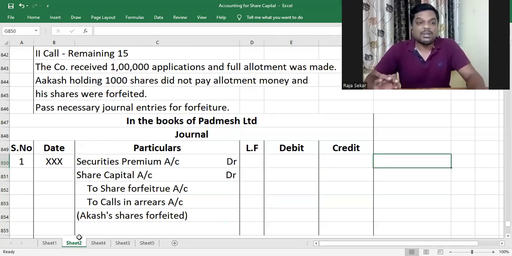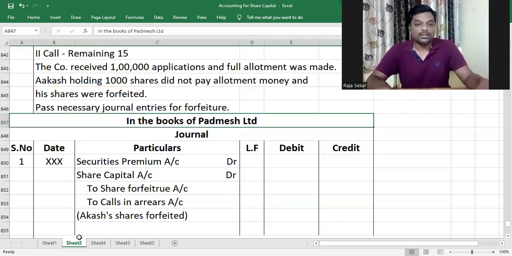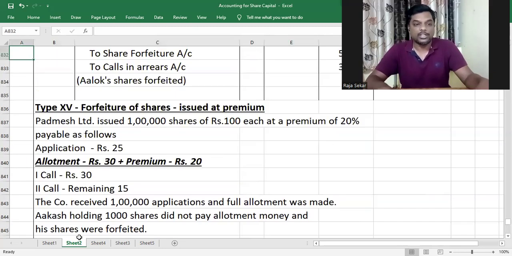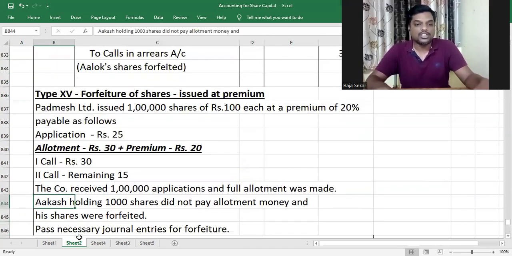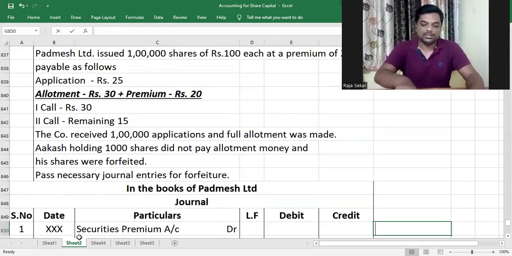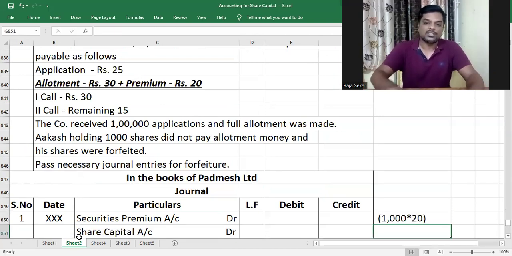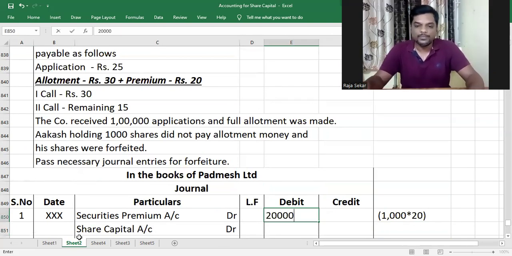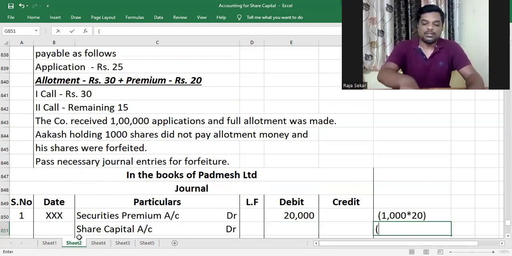You see, securities premium account will be debited with the called up but unpaid portion of premium. The premium called up here is along with allotment, which is 20 rupees. And Akash did not pay the allotment money, and therefore he didn't pay 20 rupees. Am I right or not, my dear children? So on the 1,000 shares of Akash, the 20 rupees unpaid portion of premium will be debited. And share capital will be debited with the called up value of capital, and you know that it is